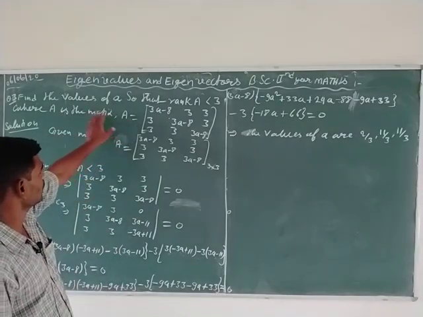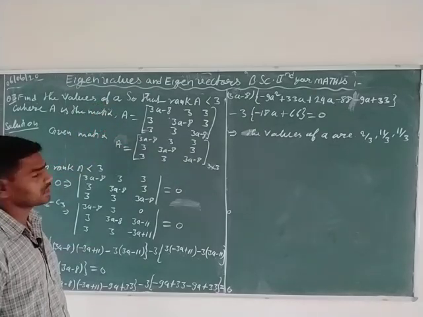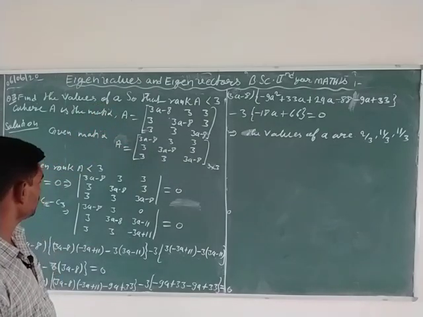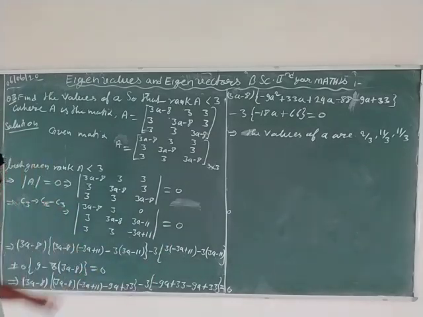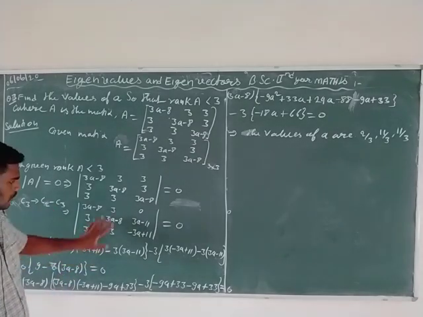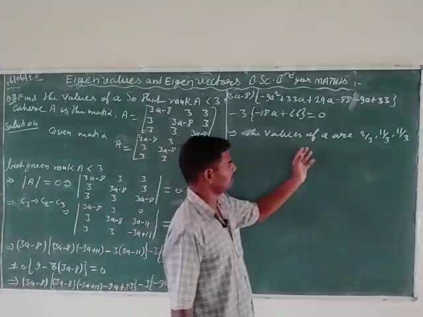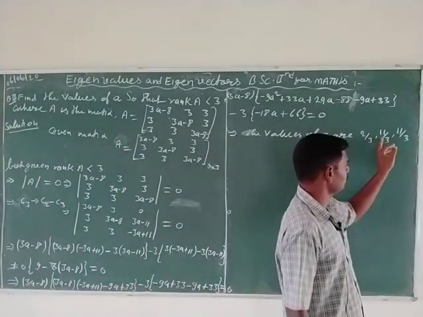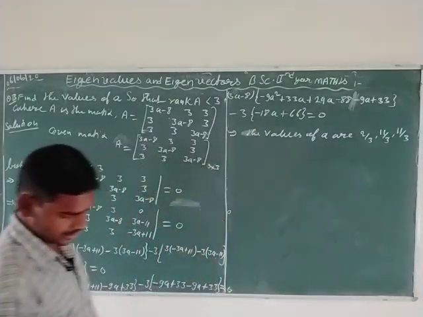In determinant A, it is given to find the value of a while the rank of the given matrix capital A is less than 3, which means the determinant of matrix capital A must be equal to 0. So applying this, first write the third column as C2 minus C3, and after that calculate the determinant of this matrix. After calculation, the values of a are 2 by 3, 11 by 3 and 11 by 3. So after this, consider the next question.